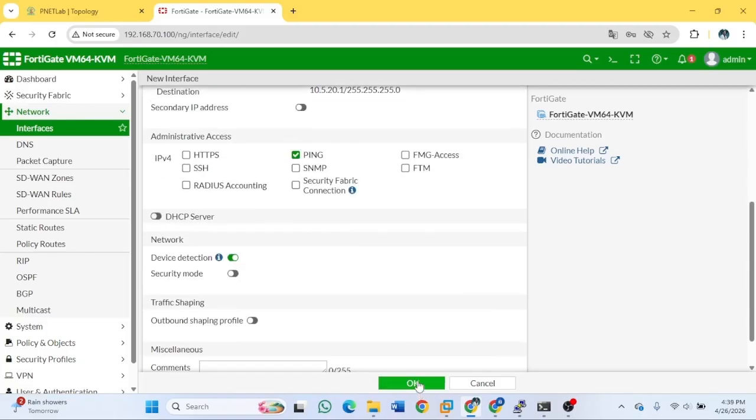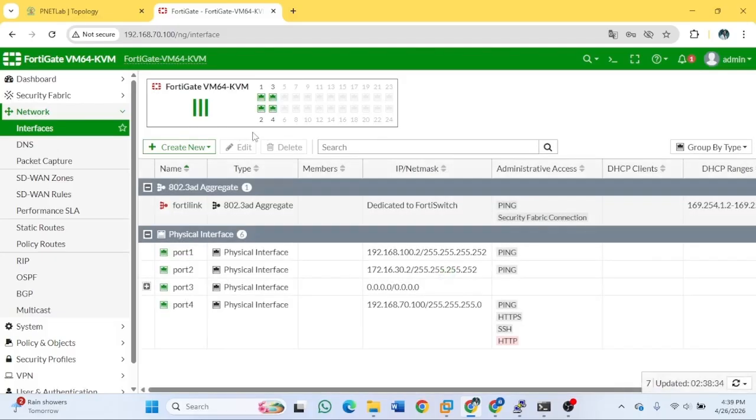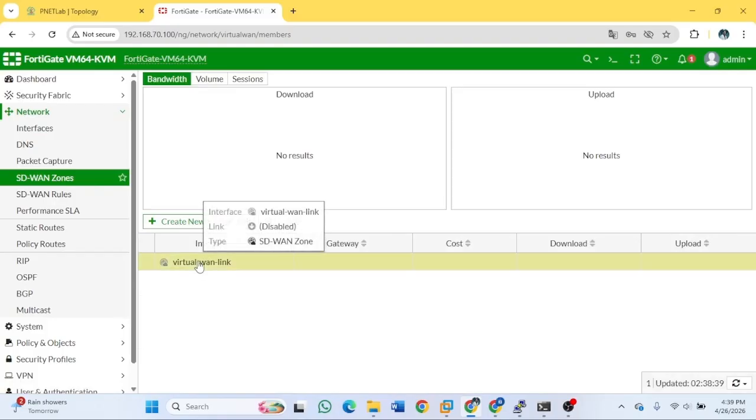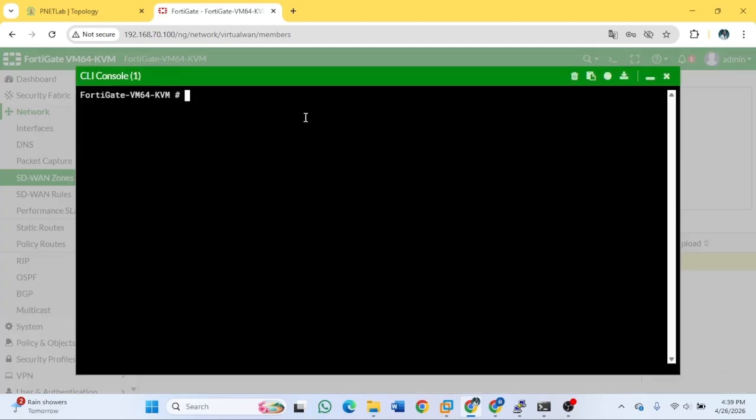After that, again to the SD1 zones, on this virtual one link to the CLI console. Wait, I forgot that.